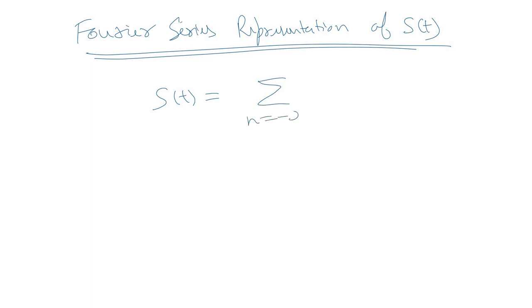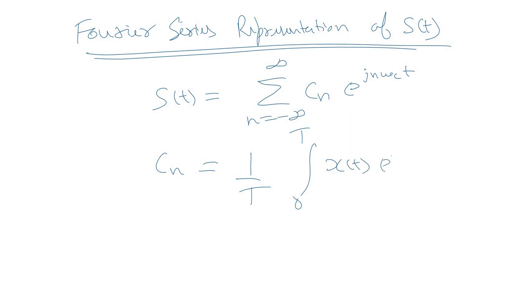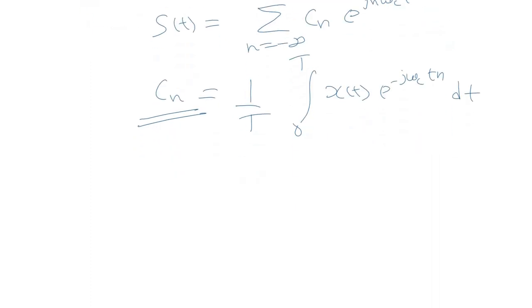So this s(t) can be written using the standard representation of the exponential Fourier series, which would be summation n from minus infinity to infinity Cn e raised to power j n omega c t, where Cn is the Fourier series coefficient. The standard expression is 1 upon T, where capital T is the time period, integration range from 0 to T x(t) e raised to power minus j n omega c t dt. So let us first find out this Fourier series coefficient, that will help us to find out the Fourier series representation of the coefficient s(t).